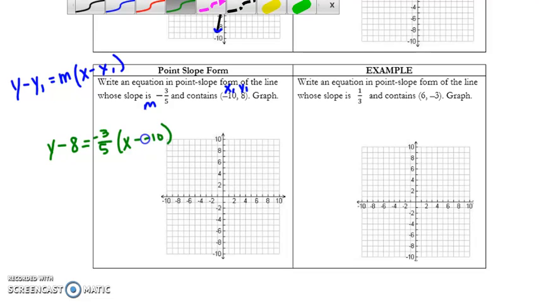Notice that we have a minus and negative here. We have the minus that's a part of the equation, and we have the negative that's a part of this number 10. So we need to change that double negative to a plus. All right, so now we are going to